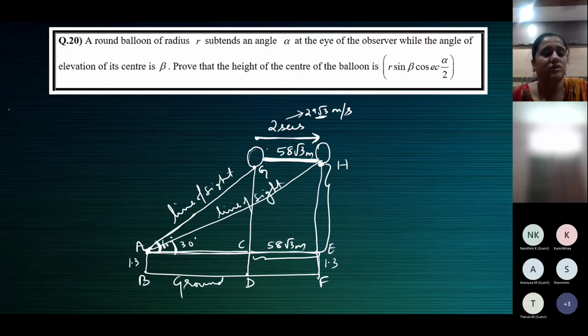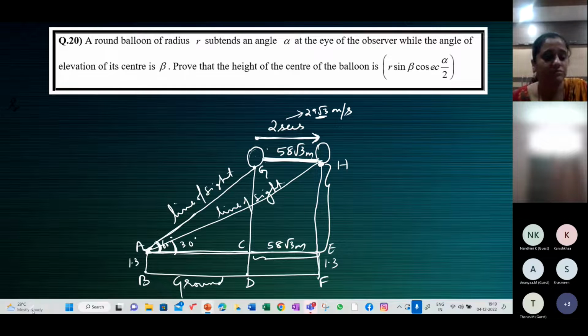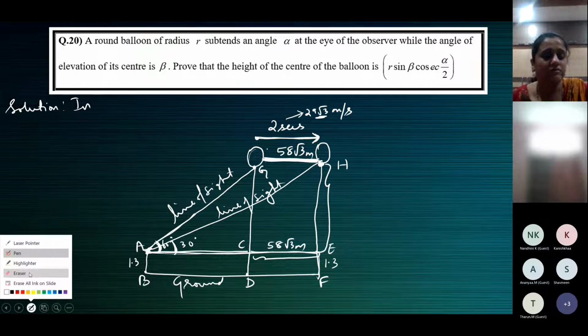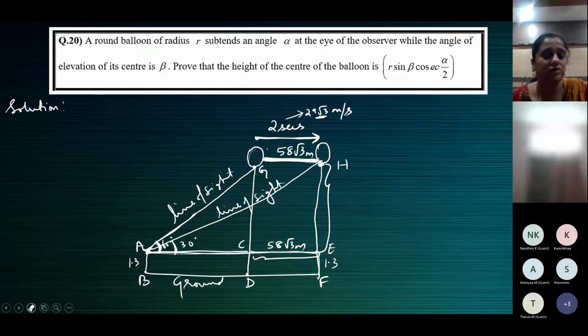So this is the solution. Because you'll have to draw the figure first. And in right triangle, we'll have to first find the distance. Speed is equal to